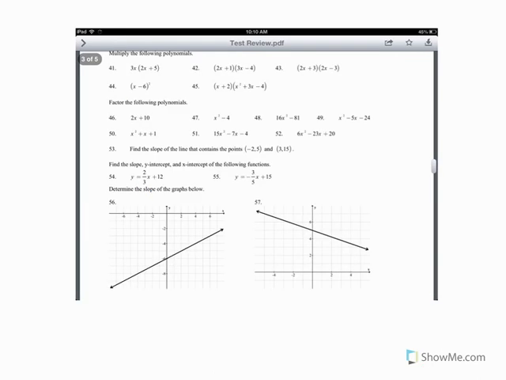Alright, multiplying polynomials and factoring. This is something we've been doing all year pretty much, so I'm going to do a couple of each and go from there. So first things first is